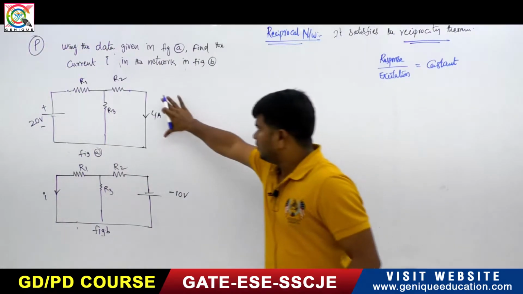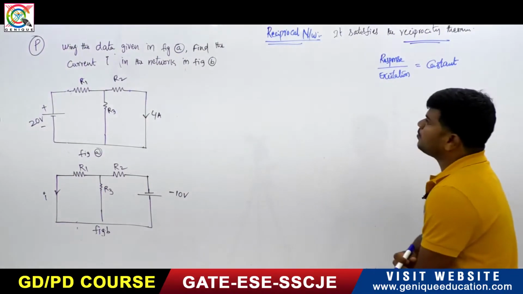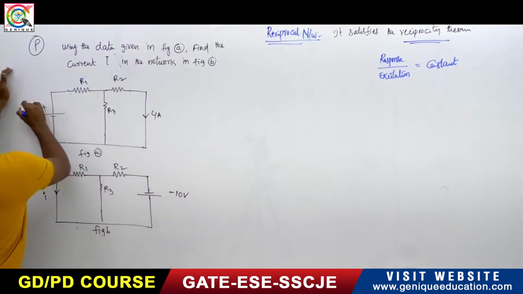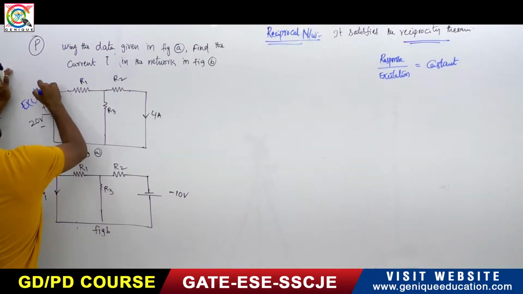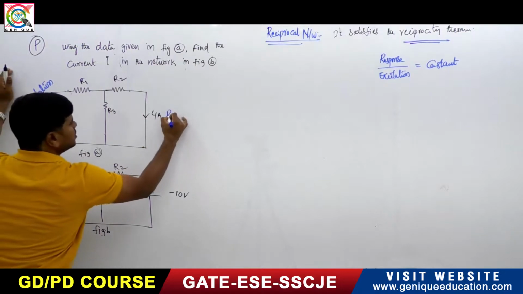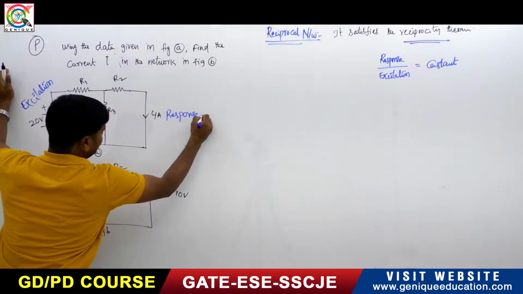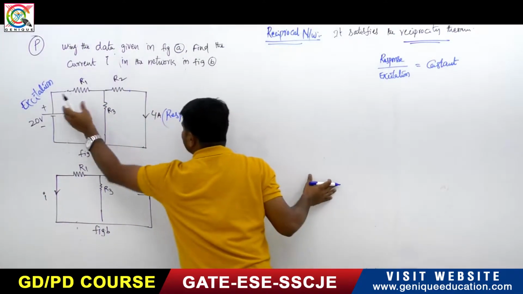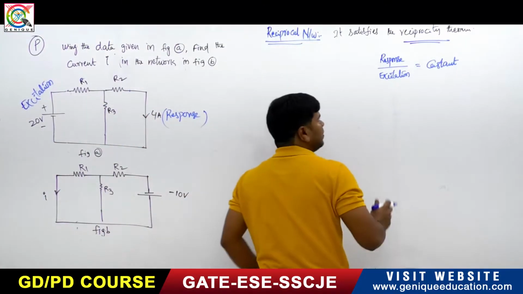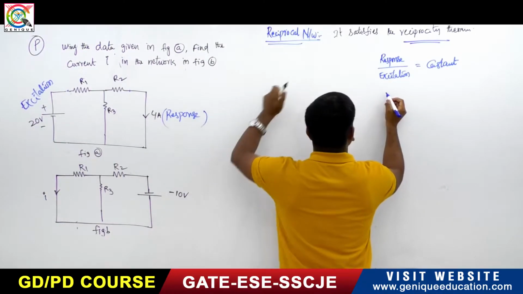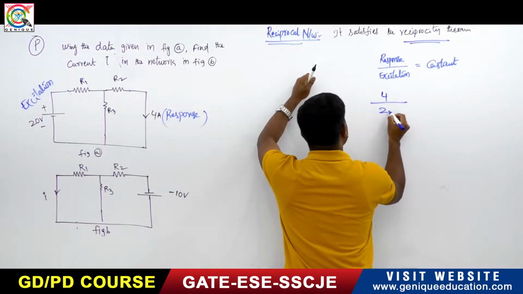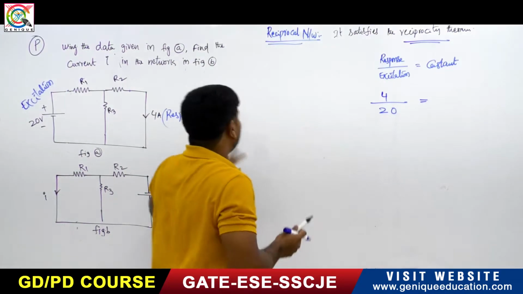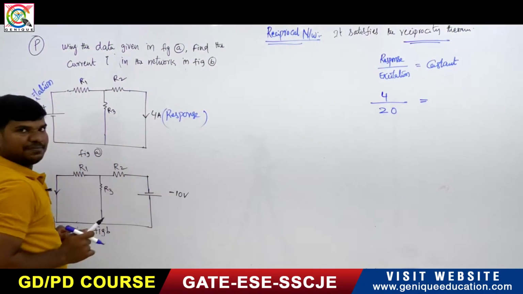So in the first network, figure A, what is the response? Observe that excitation means it is an input, and the response is the output. Due to this excitation, we are getting this response in this branch. So the response here is 4, divided by the excitation, 20. 4 divided by 20 equals